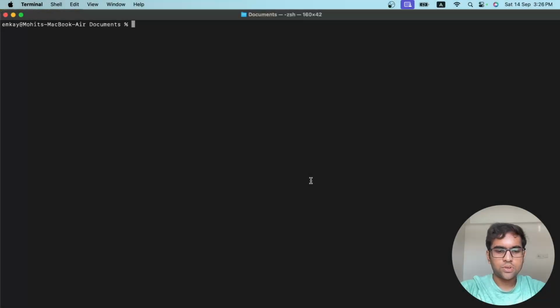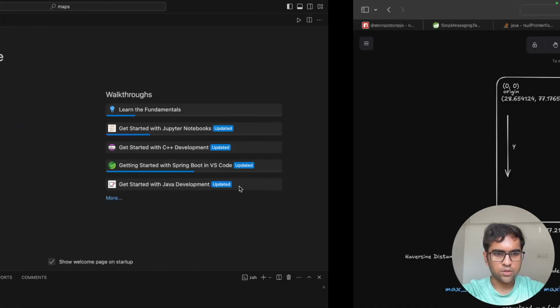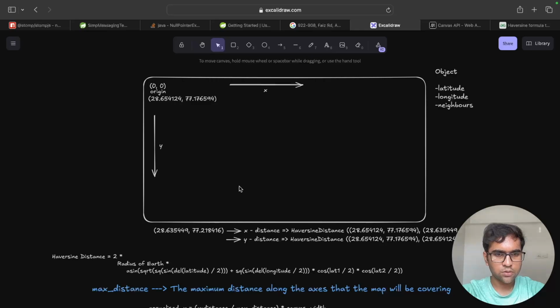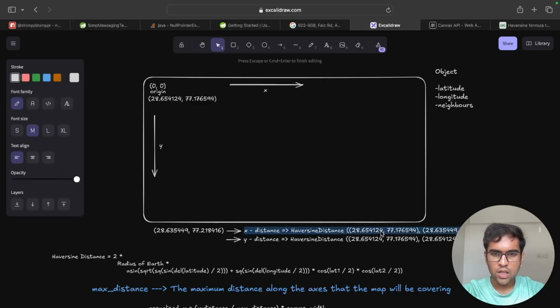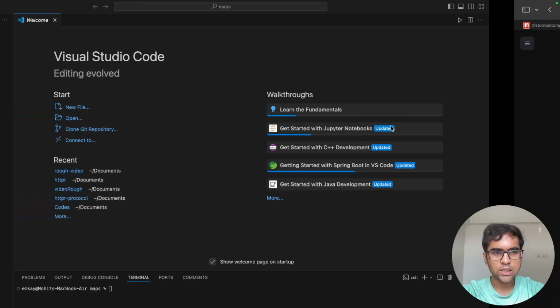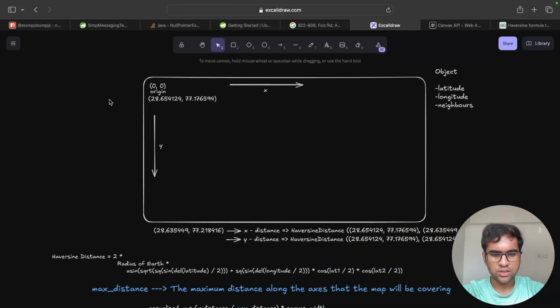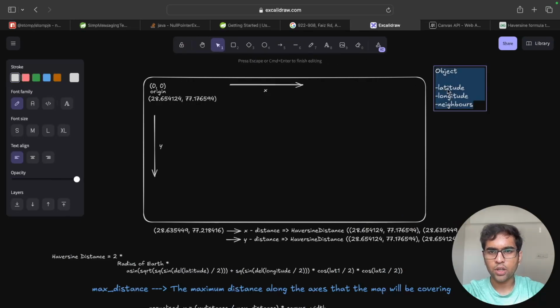Okay, so let's now start coding this project. The very first thing that we'll have to do is to create a graph that would connect all these points and would create a map out for us. So for that, we can create a JSON file here itself where we will be storing all this data. And yeah, each point will be an object. So this will be the point